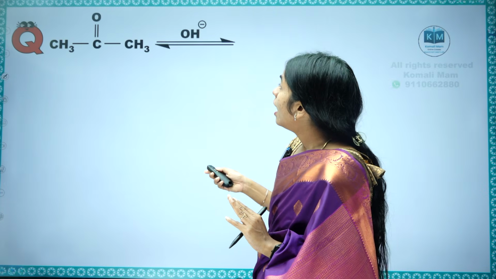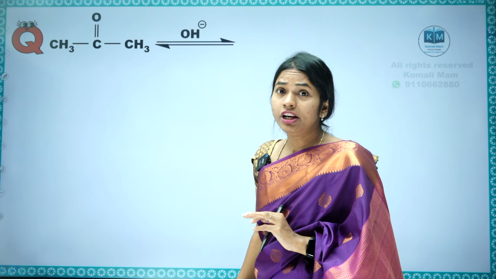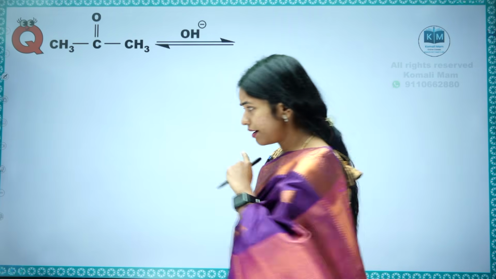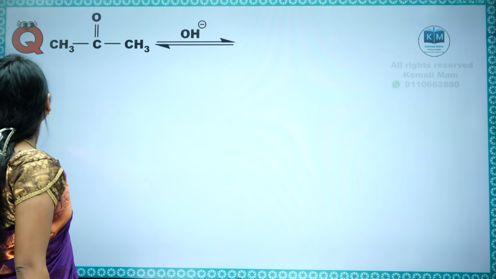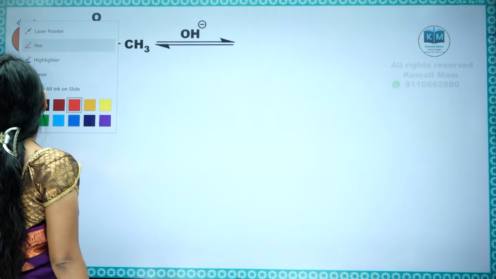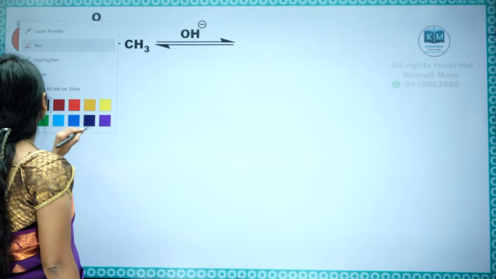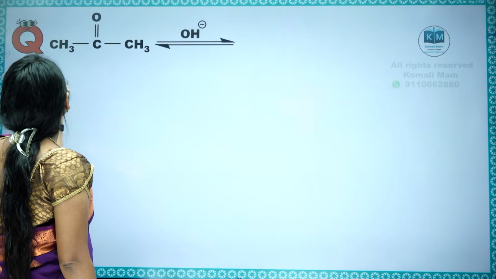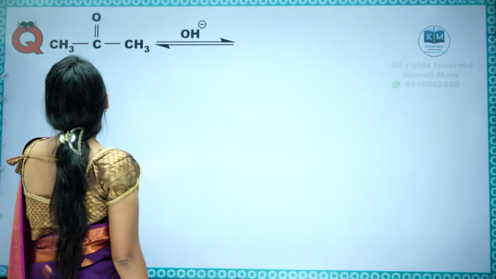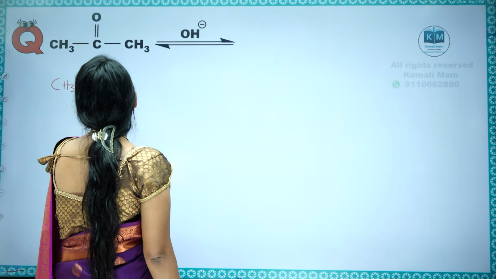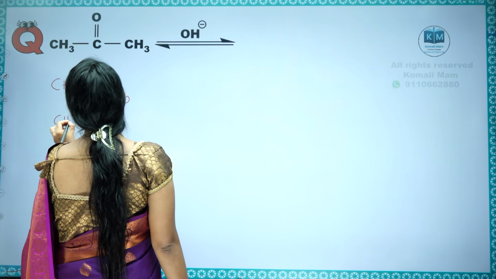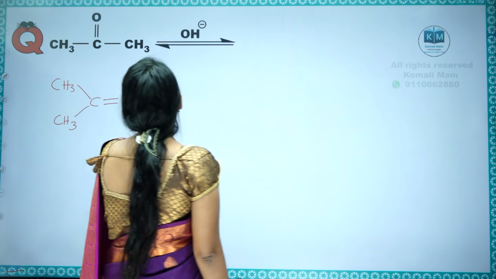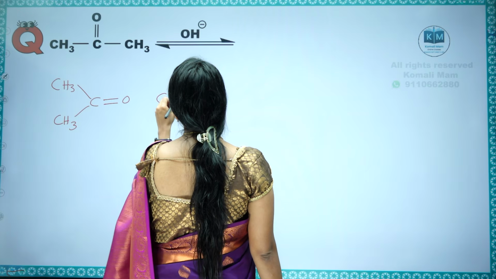Next one. Let us see this example. Will you try? Pause this video right now and try. I'm doing the answer here. This is acetone. Students, tell me what you do for acetone. CH3. First I told you, you show the oxygen, because you need to remove oxygen from one structure and two hydrogens from the other structure.